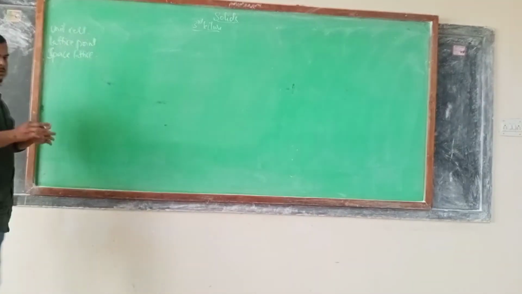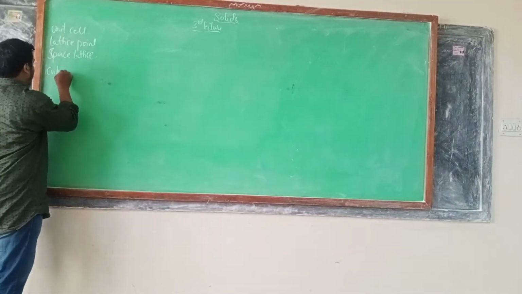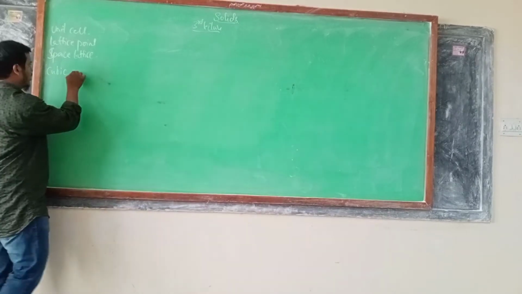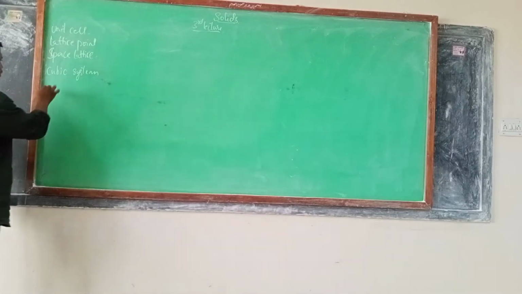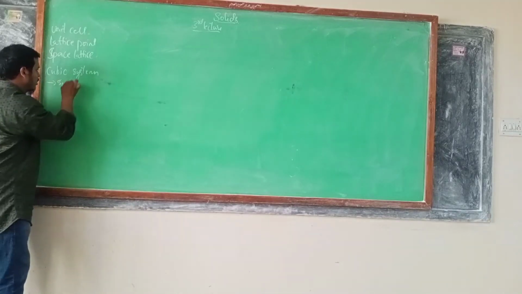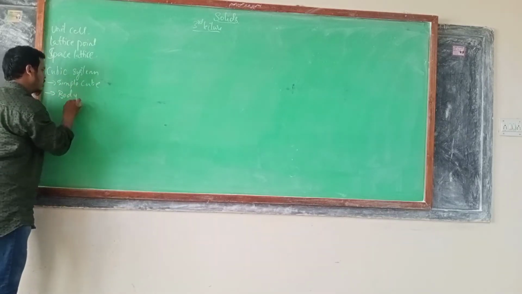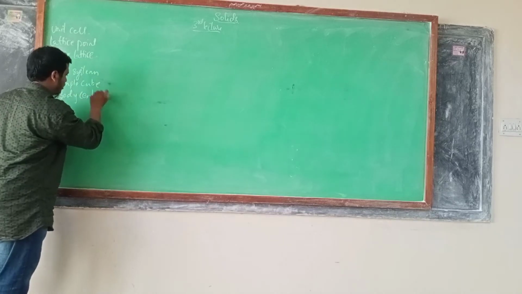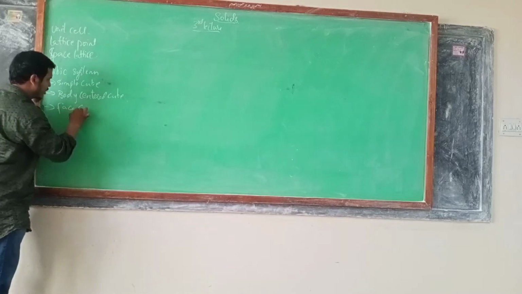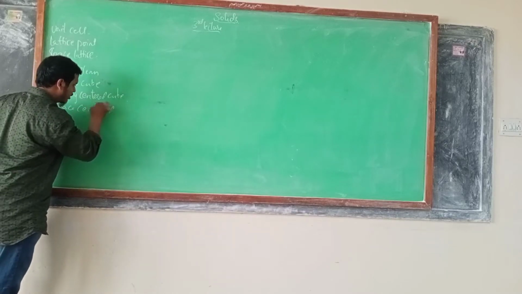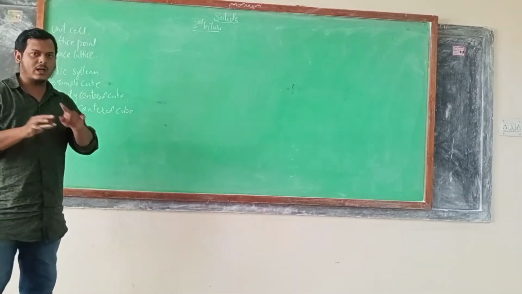So under that, we talk about the simplest form of unit cell, that is our cubic system. This we have seen in our second class. Correct? So under the cubic system we have simple cube, body centered cube, then we have face centered cube. In the last class we have seen these things.